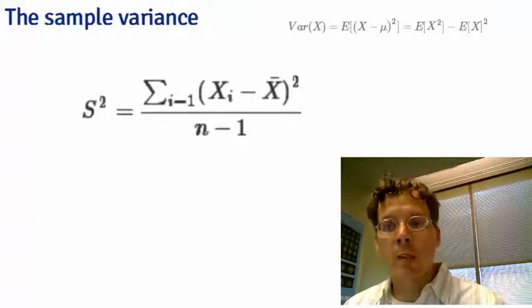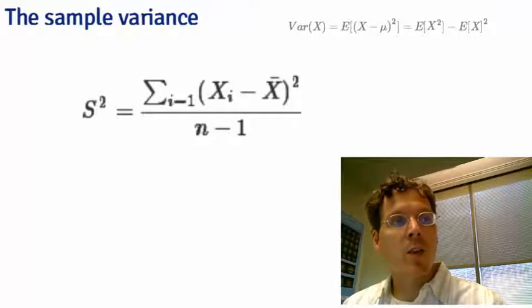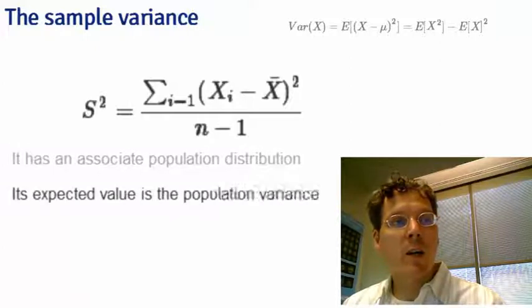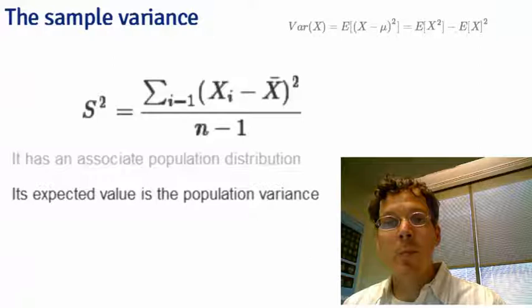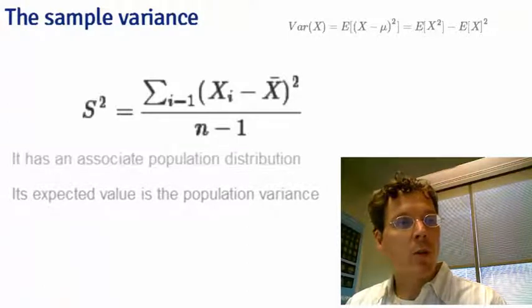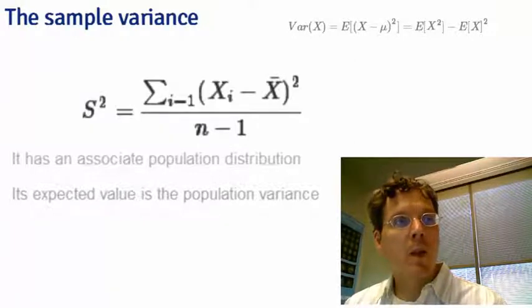But I also want to talk about a conceptually, for me, kind of difficult point, which is to talk about the variance of the sample variance. So let me remind you that the sample variance is exactly a function of data. So it is also a random variable, thus it also has a population distribution. That distribution has an expected value, and that expected value is the population variance that the sample variance is trying to estimate. And as you collect more and more data, the distribution of the sample variance is going to get more concentrated around the population variance it's trying to estimate. And then I also simply want to remind you that the square root of the sample variance is the sample